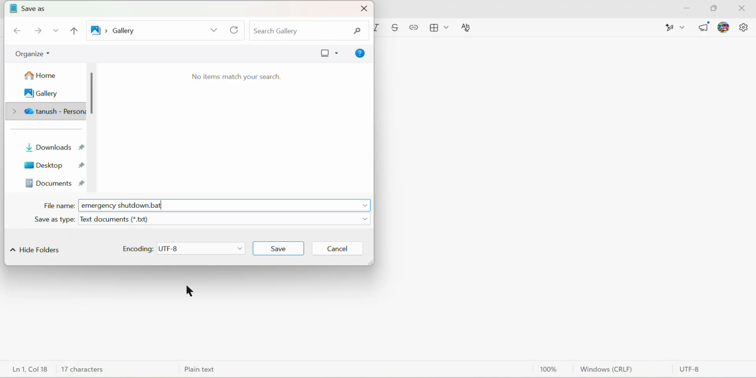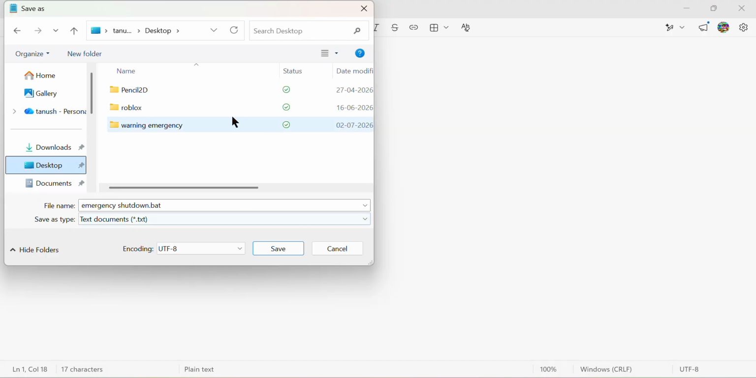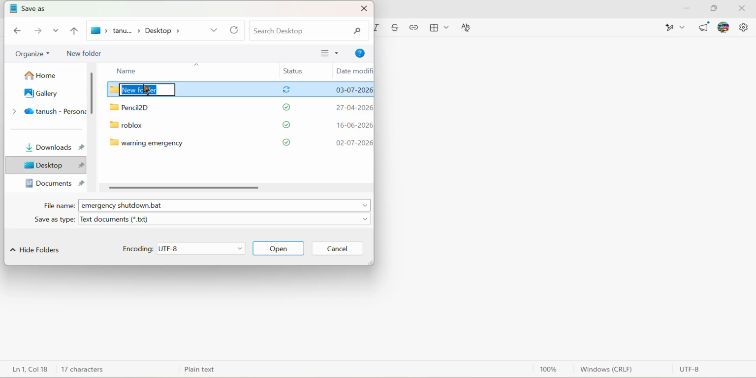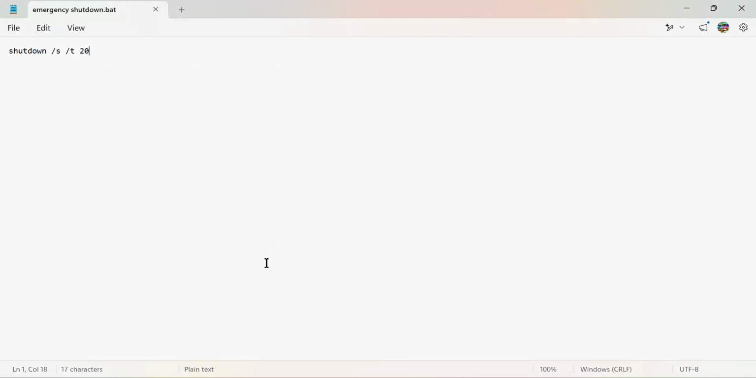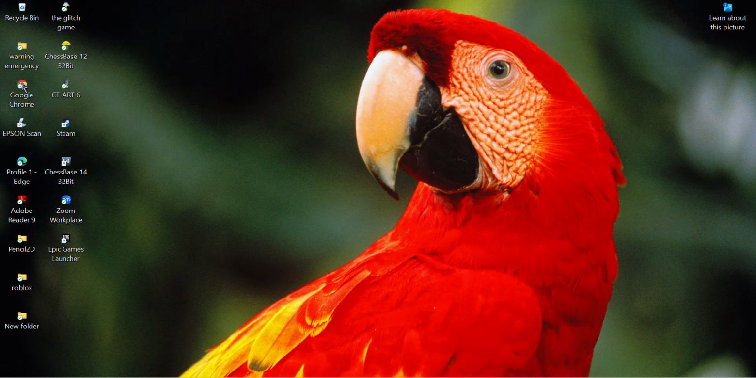If you want, you can add this inside a new folder. So I'll just go to the test, I'll add a new folder and go. Next, you have to change this to all files and save. Now that you have saved this, you will have it